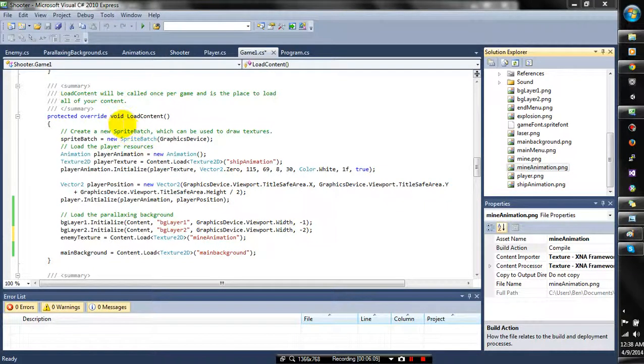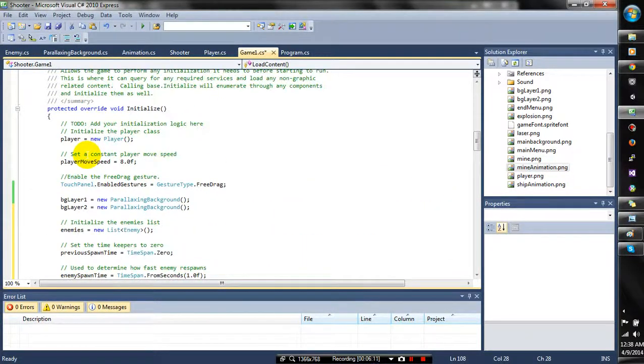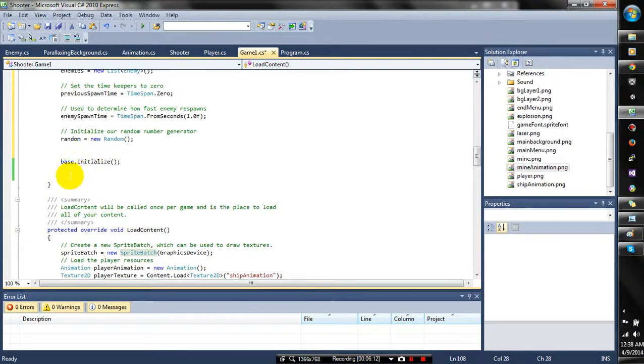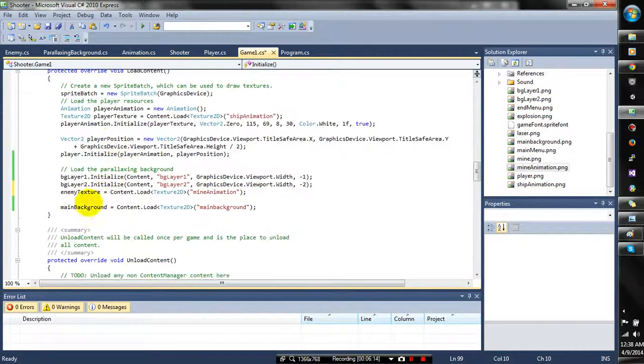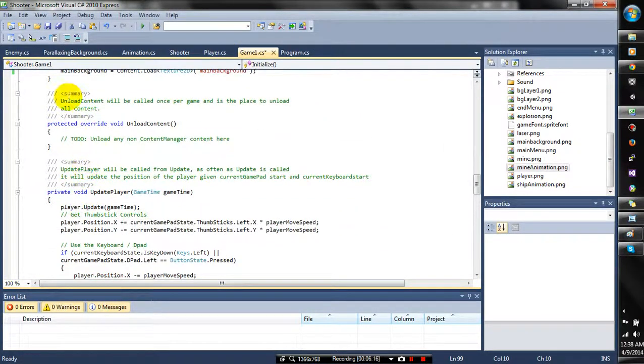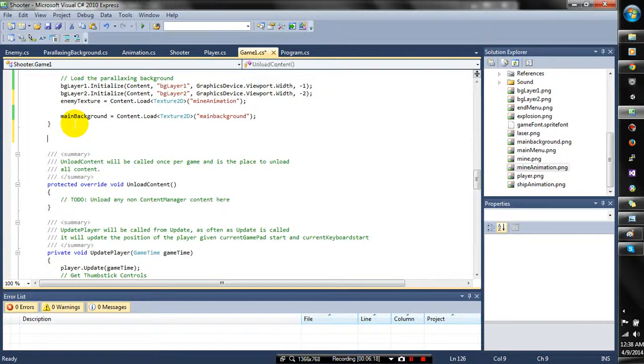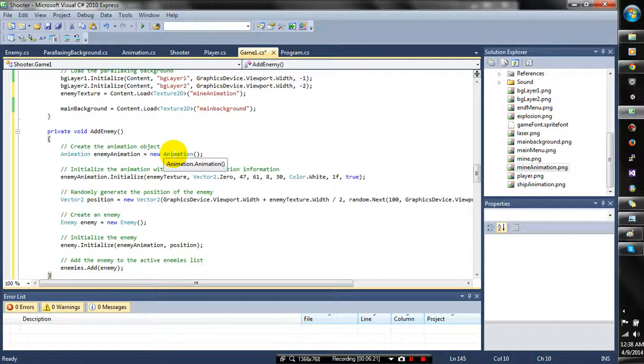And we're going to need an add enemy method that can be called from time to time when it's time to spawn an enemy. So I'm going to go ahead and make one. Call it add enemy. It's going to create a new animation for the enemy. It's going to initialize the enemy to the given texture and the position on the screen. And then it's randomly going to generate a new position for that enemy, which is going to be somewhere between